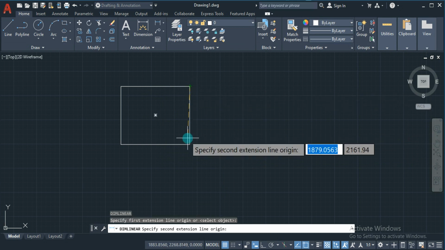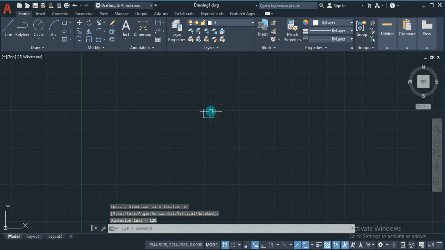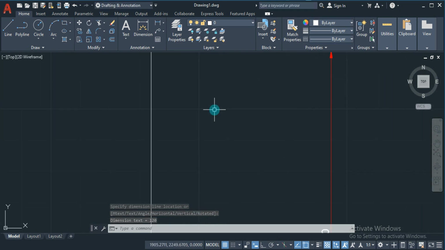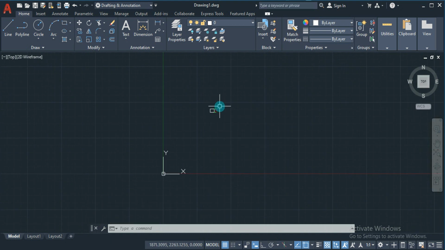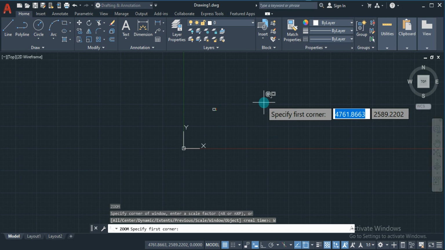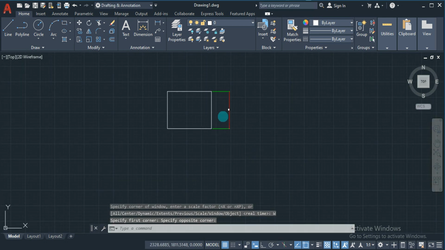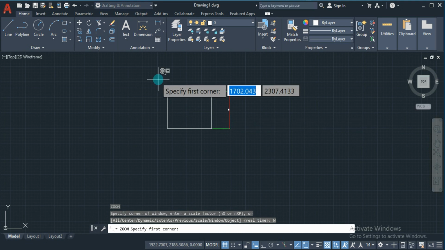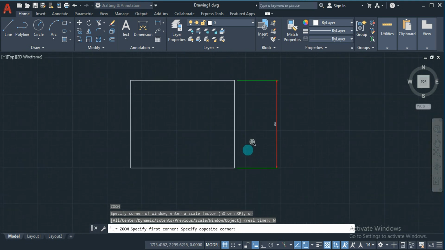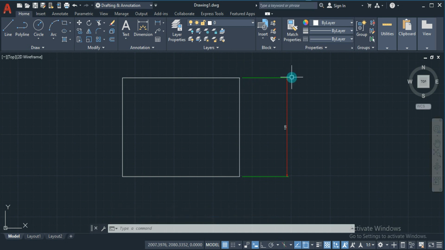And you can apply the dimensions on the screen. So first point and second point. Here we can see that the green color has been applied for extension lines and red color has been applied for dimension line. So let me zoom this object. We can use Z enter, W enter to zoom the part of the object. Yeah. So we can observe the gap between the object and the extension line, and we can see some projection after this arrow mark here.